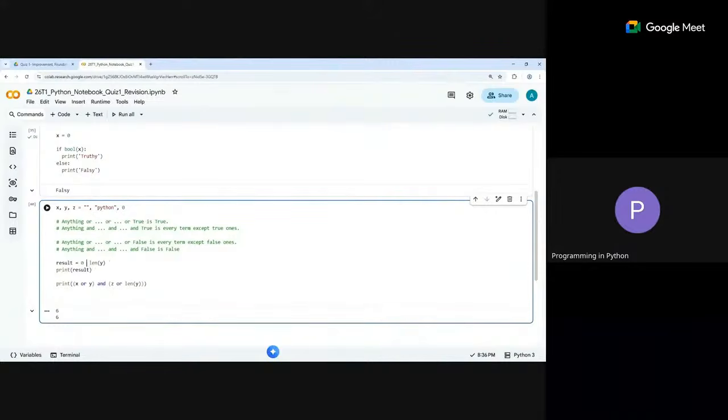So 0 with or. Now this is already false, we understand. So I don't pick up this one. I go to the next one to see if it is true, and this is truthy. So we'll pick up this one. So this one is picked up, length of y. So if I put 0 or 10, then 10. Now similarly, if it is 0, then what happens is basically you return the last one, I think.